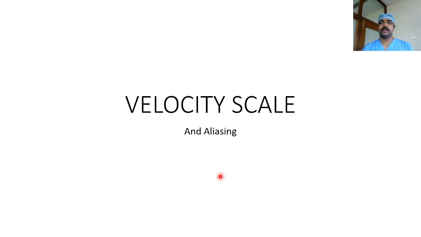Suppose you want the spectral display in one direction only. For example, you are looking at mitral regurgitation. You need a spectral display when you have put the sample volume at the LA, and you want it to come on one side. If at the same time it also comes upwards, then that means aliasing has taken place and that image is also blurred. That's one way of looking at aliasing.